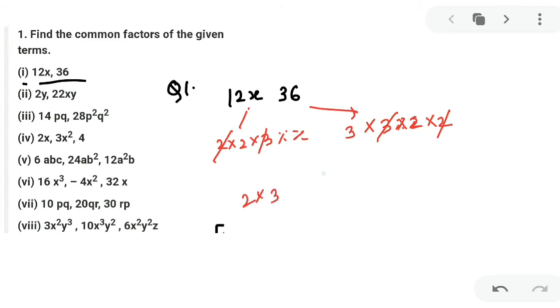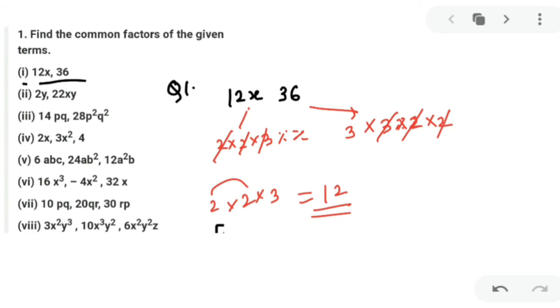What other thing is common? Yes? One more 2? Okay, one more 2. So we got 2, 2, 3 as common. So what is the common factor in them? 2 2s are 4 and 4 3s are 12. Got my point clear? So you have to just find the common factors.